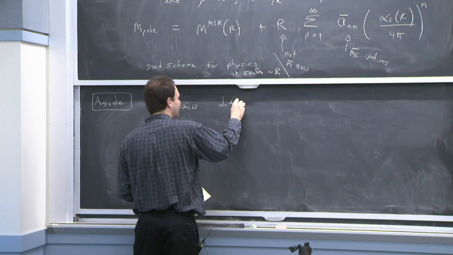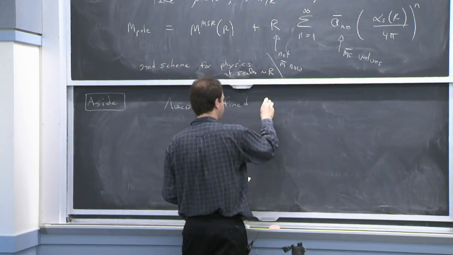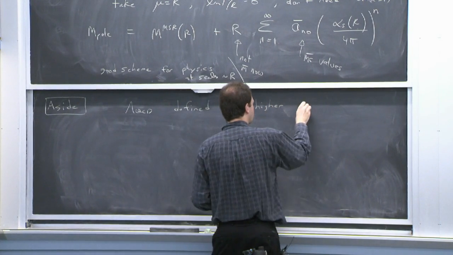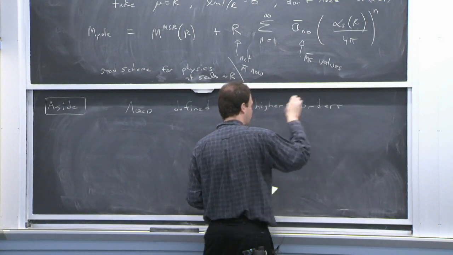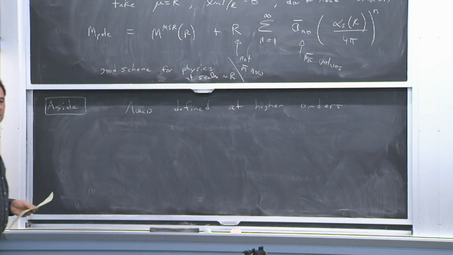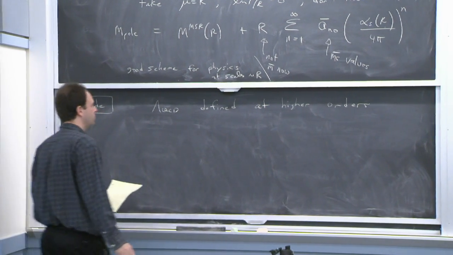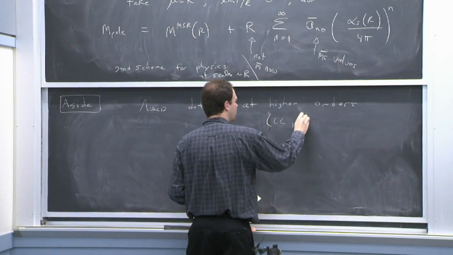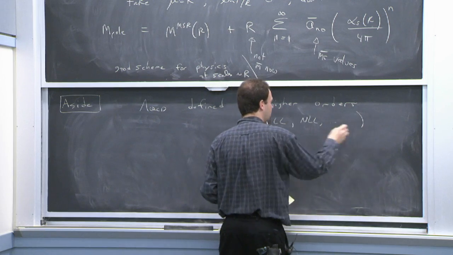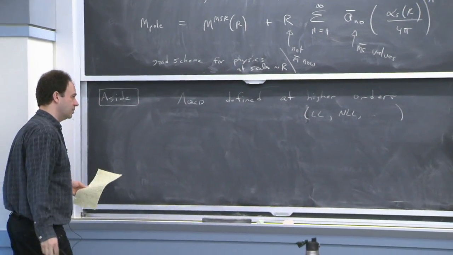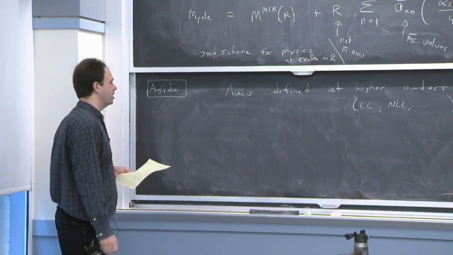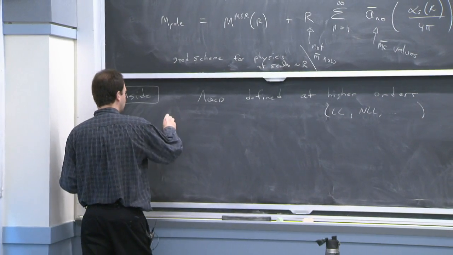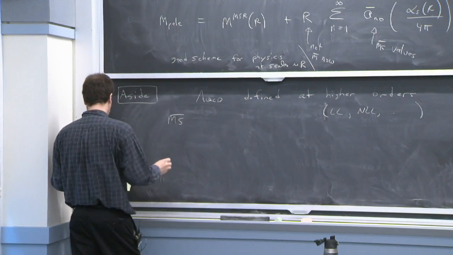OK, so I need a little aside here in order to proceed with what I want to talk about next. I just want to define for you how you would define Lambda QCD at higher orders in perturbation theory. The formula we used a minute ago is leading log, but we can define Lambda QCD even if we go to higher orders. I just want to do a little bit of algebra and set up some notation to define this at higher orders. So, the MS-bar beta function